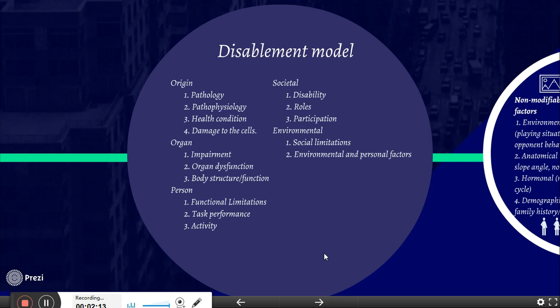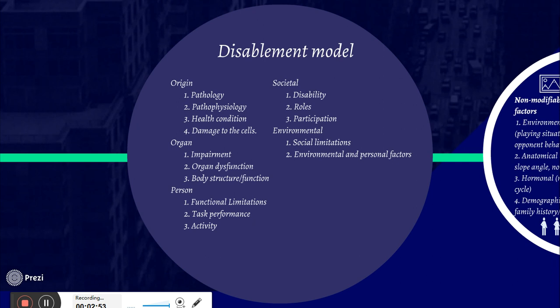Now we're going to talk about disablement models. There are multiple different types of disablement models, but today we're going to be using this one, which is basically looking at 5 different parts of disablement. So first is looking at origin, which is the pathology, the specific health condition, what's happening at the microscopic level, what's happening to the cells. Then we're going to talk about the organ level, which is a little bit broader, what's happening at the bigger structures, the muscles, the bones, the joints,